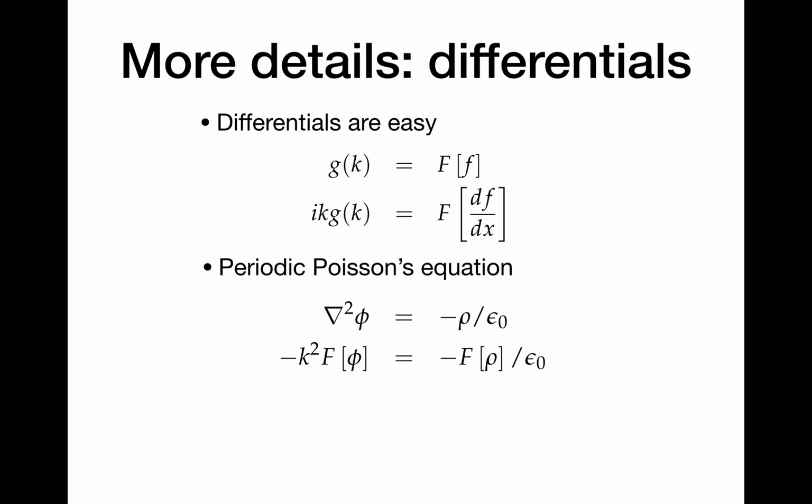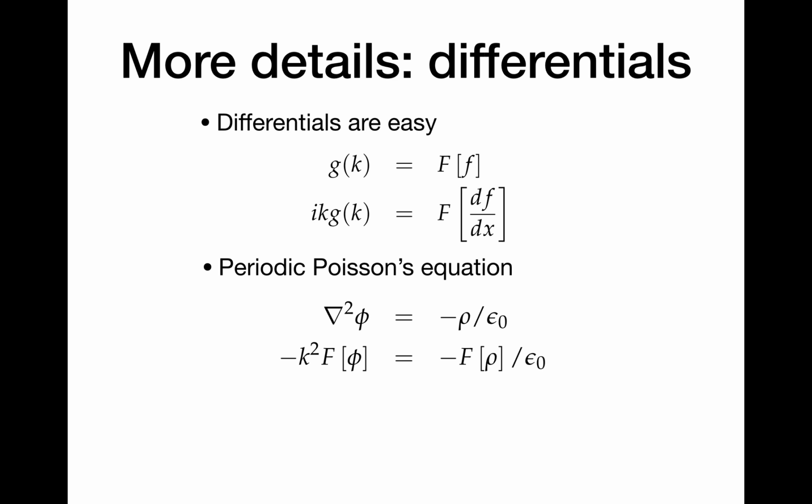Now we turn to the final part of today's session, where we have a little bit more information on Fourier transforms, which is mainly thinking about differentials. The really nice thing about Fourier transforms is that if you have the Fourier transform of a function f, so that's in the first line, g of k is the Fourier transform of the function little f of x,